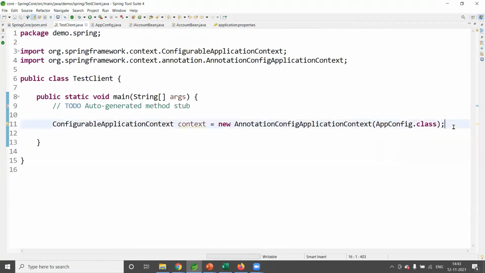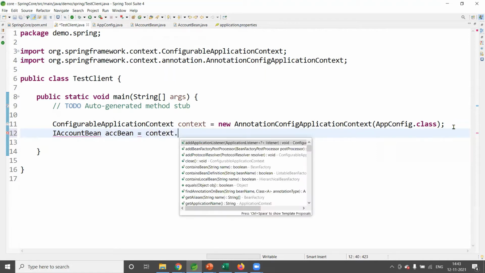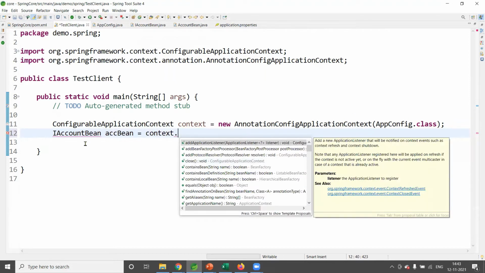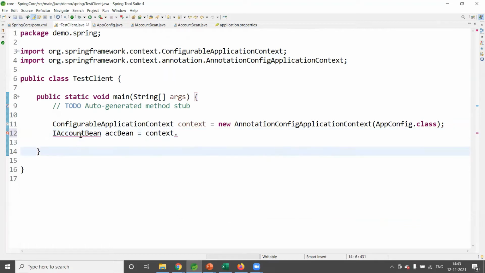Okay, right. Now inside that, let me write one account bean using the interface. I'll just write AccountBean, right? So AccountBean acc equal to context dot getBean of AccountBean.class. Here I can import this, right?